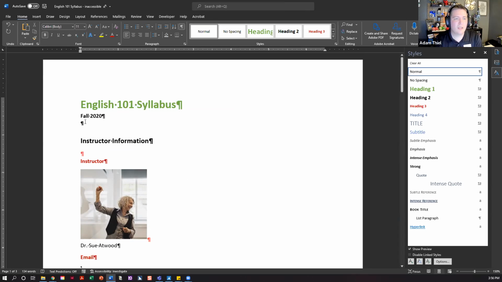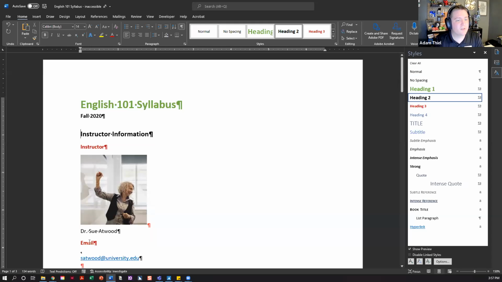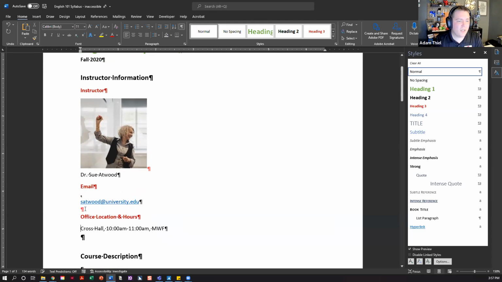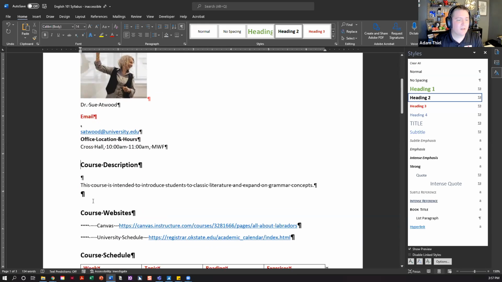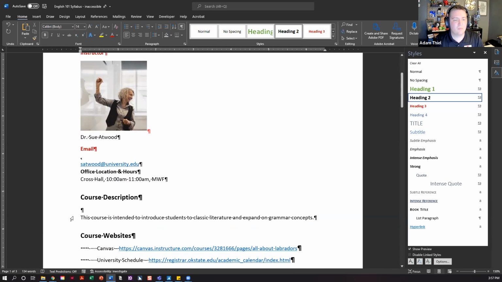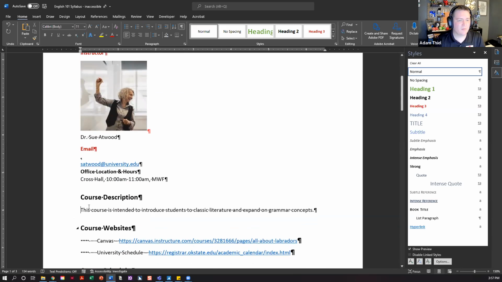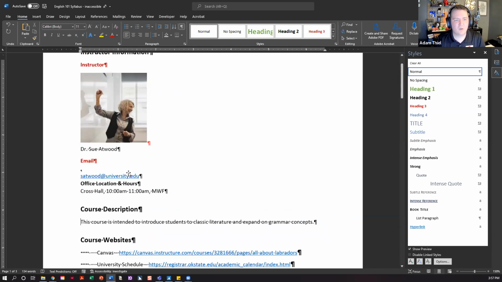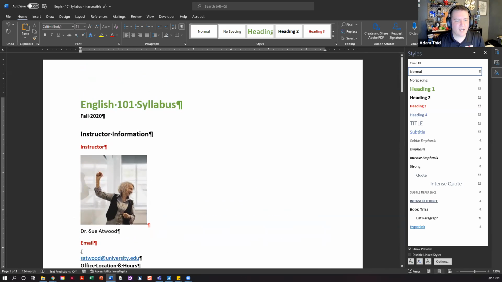And so if you have your styles set correctly with spacing and everything in between each of the heading levels, then really you can come in here and delete all of those. And it just cleans up your document and takes away some of the clutter from behind the scenes.